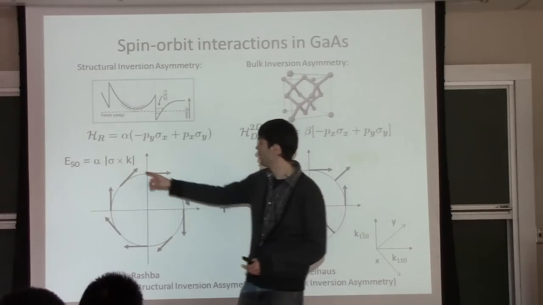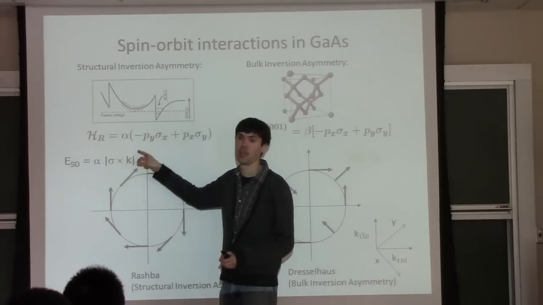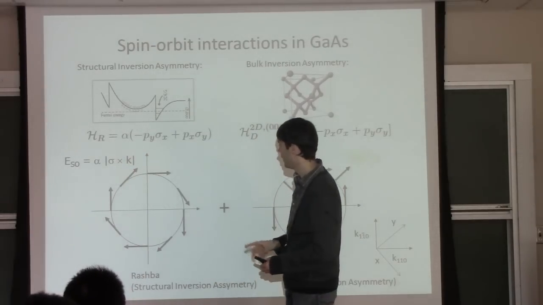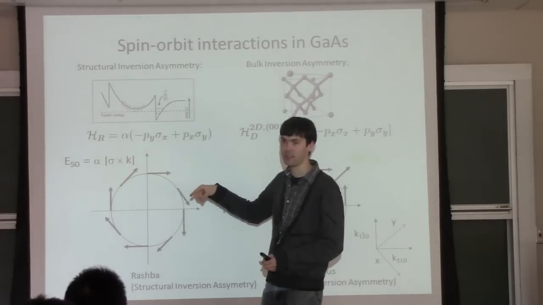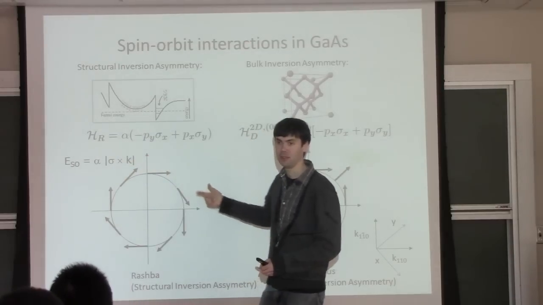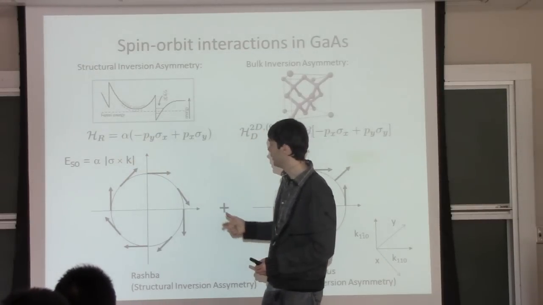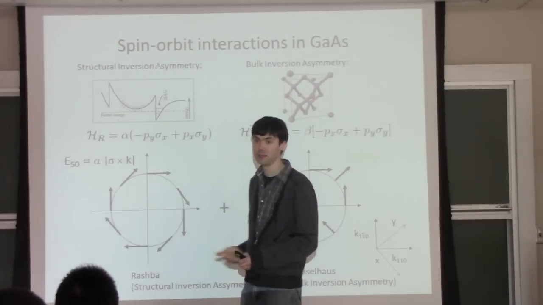And this turns out to be just a vector product of sigma times p. Okay, in this case I used k. So if you think about which way these fields are pointing, so for energy I take the absolute value, but actually it matters. The direction of the field is given by